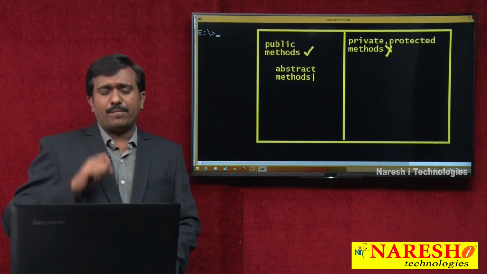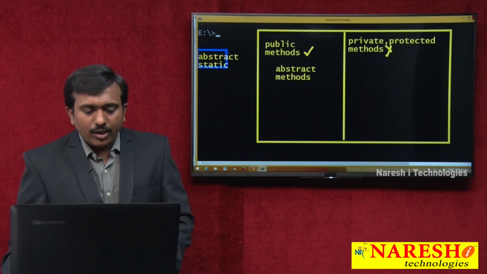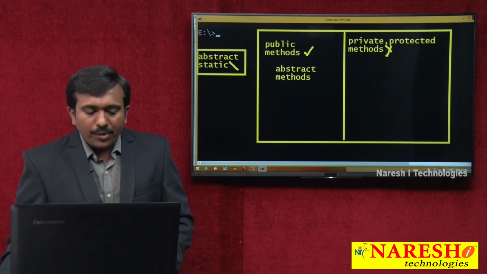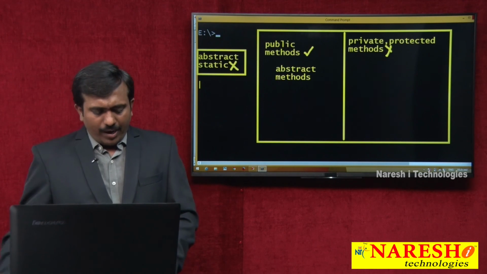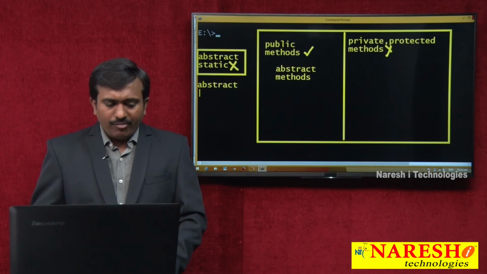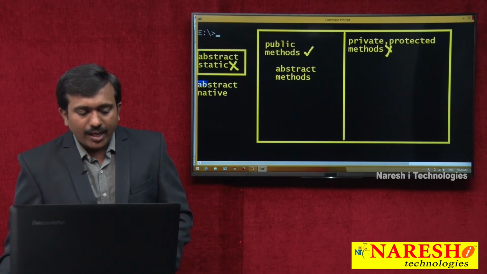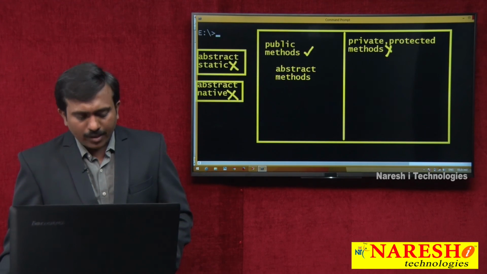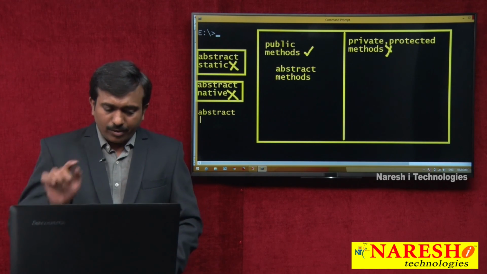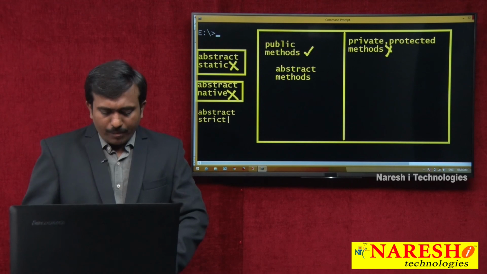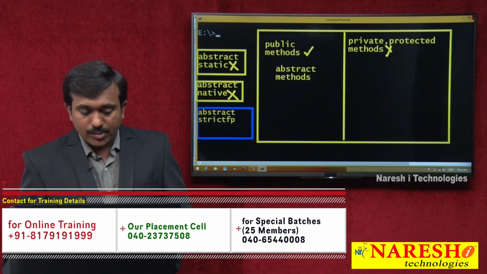Abstract methods only. Actually in Java, abstract modifier and static modifier combination is illegal for methods. In Java, abstract modifier and native modifier combination is illegal for methods. In Java, abstract modifier and strictfp modifier combination is also illegal for methods.